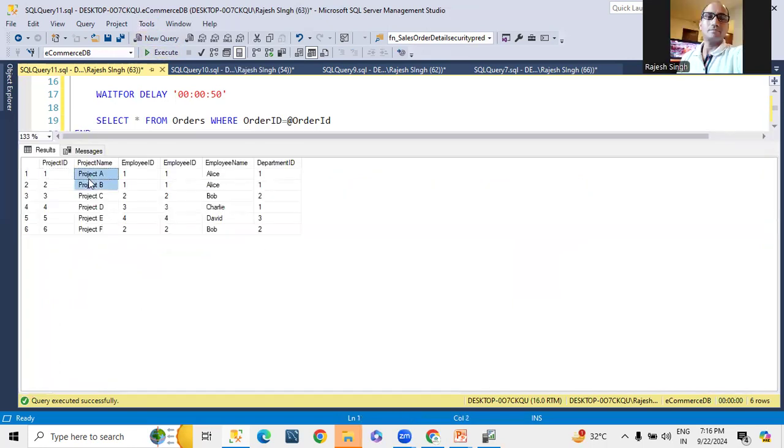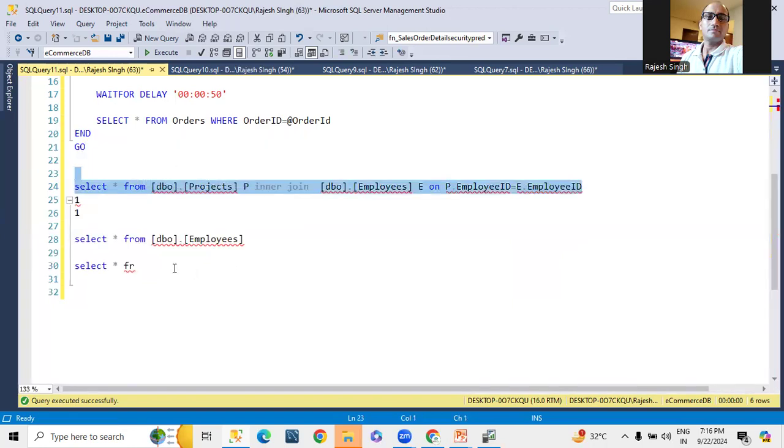We need two statements. This employee maps to two projects, project A and B. Bob maps to only one project, and you can see this employee is working on two projects, A and B. Let's suppose you have to find the same output with the help of cross apply.